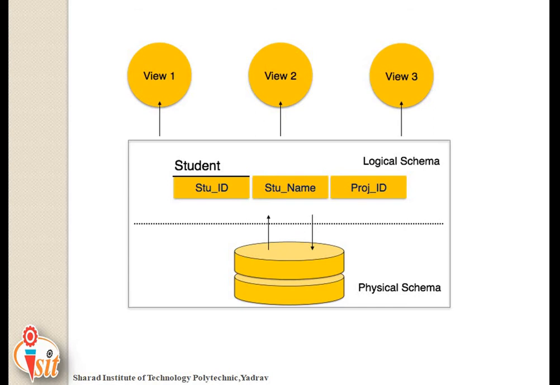Here is the example: student is a relation and different entities like student ID, student name, project ID are included in this relation. Then view schema describes end user interaction with the database system. Here view schema interacts with the logical and physical schema, or you can say subschema.